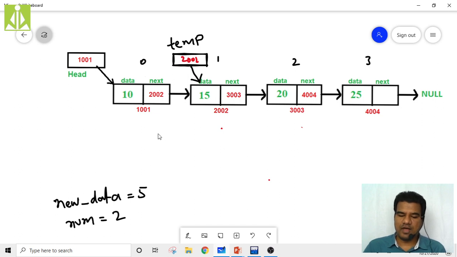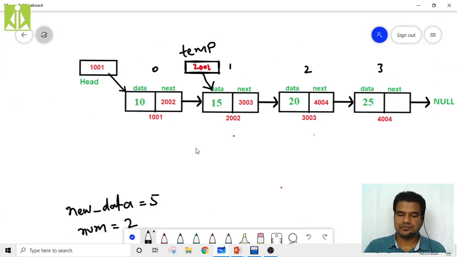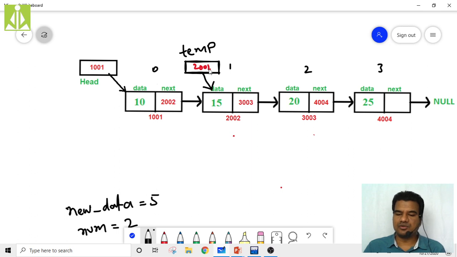So what is temp value? Temp value is 2002. So 2002 is here, and its next is 3003. This 3003 we are storing into temp. So immediately this will be replaced with 3003.